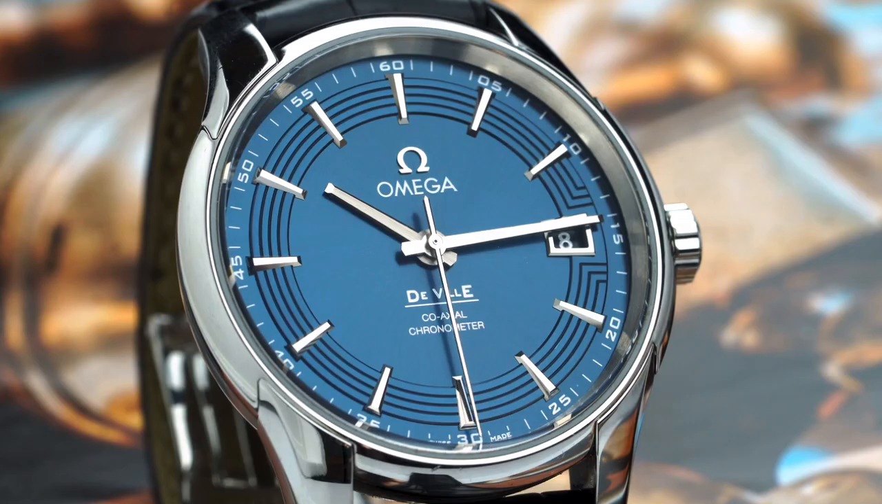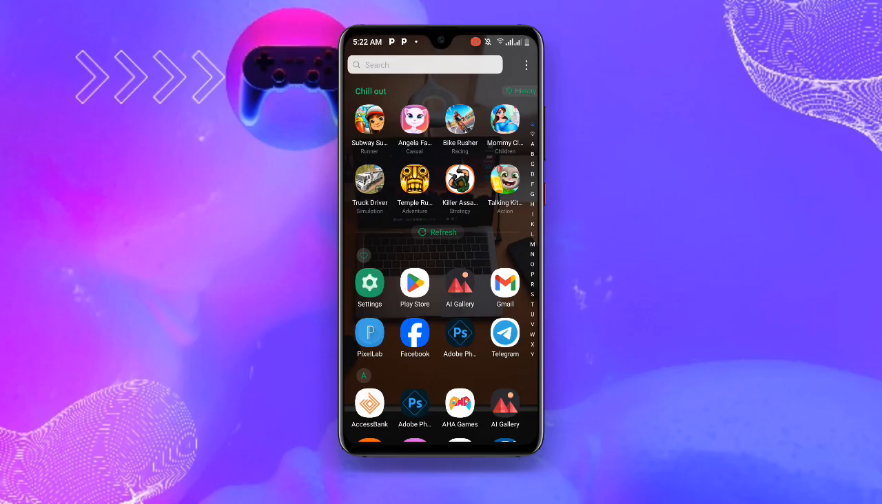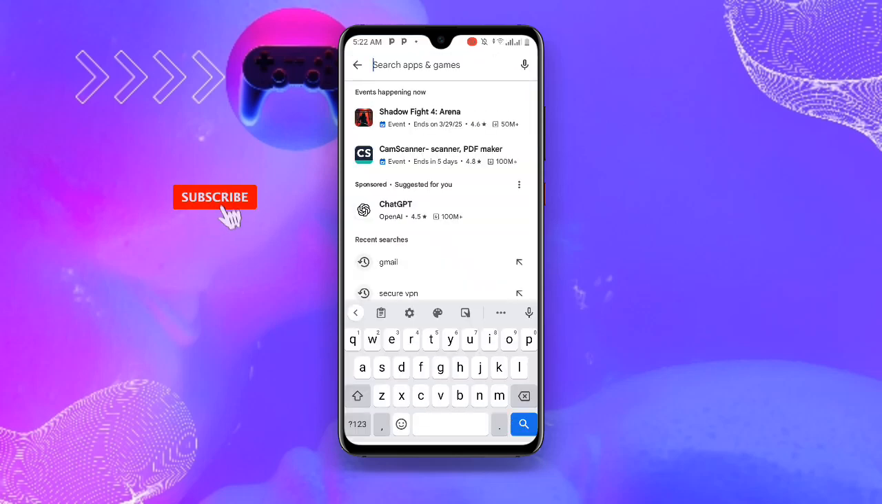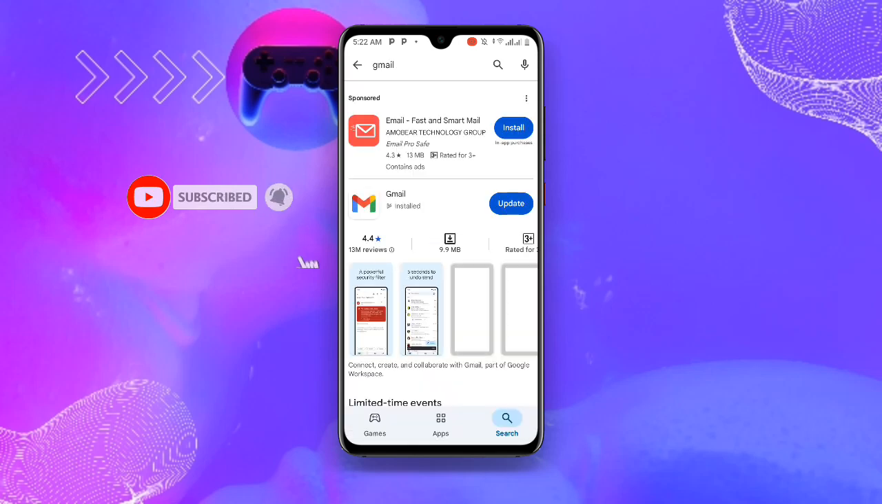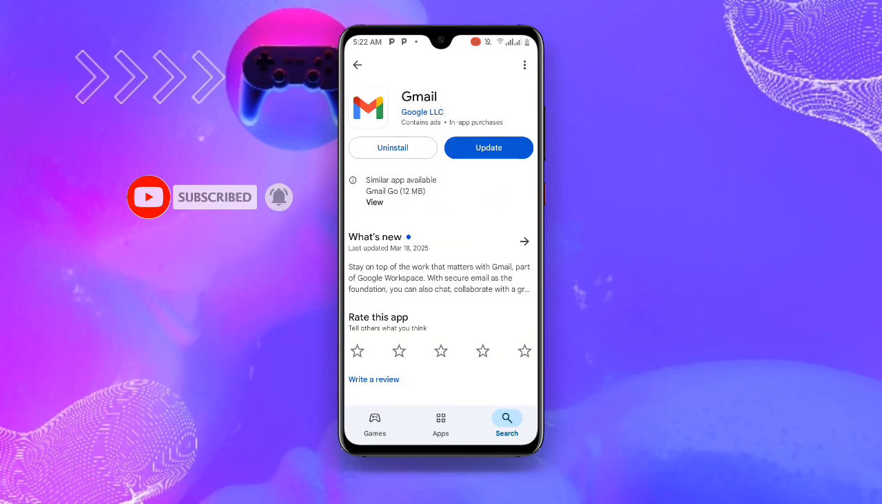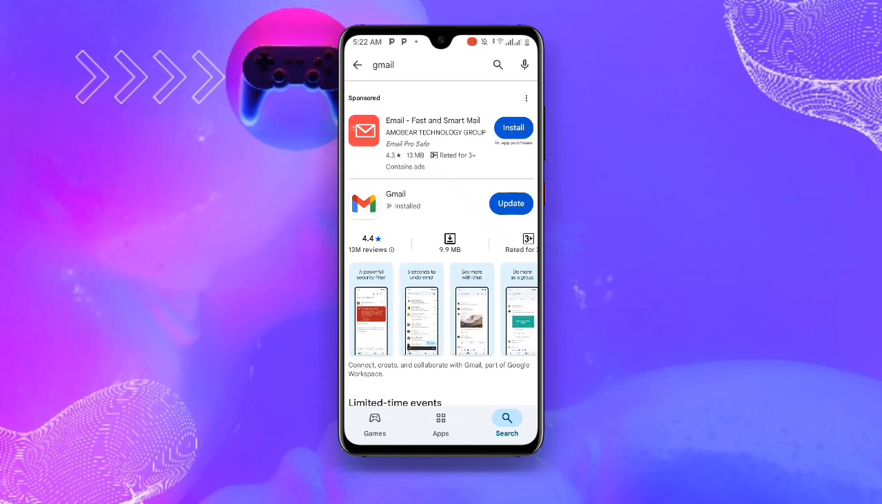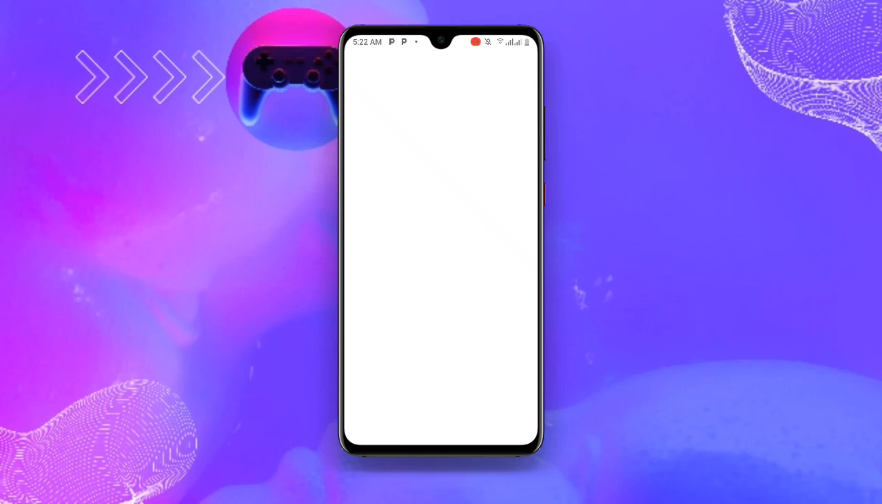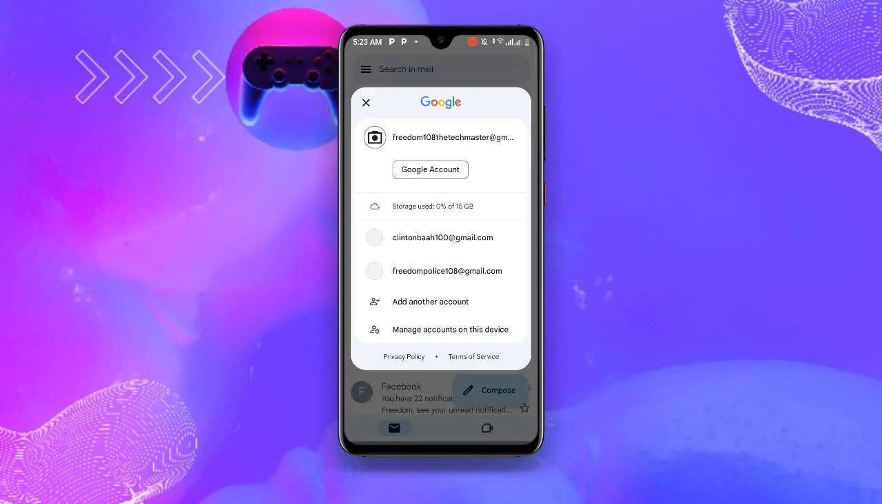Now without wasting much time, let's get started. In the first place, all you need to do is to open your Play Store. Now once you open your Play Store, search for your Gmail app. So search for Gmail and make sure your Gmail is updated to the latest version. Now once you have updated your Gmail application, go back and open your Gmail. Now once you open your Gmail, at the top right corner you can see a profile. Click on your profile over here, and once you click on your profile, you see add another account. Click on this option which says add another account,